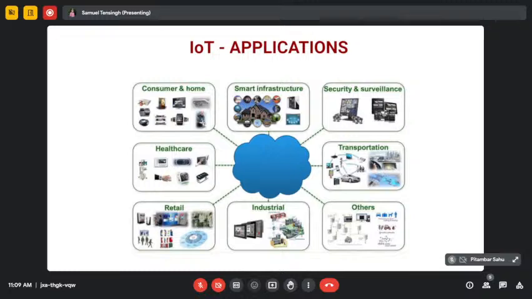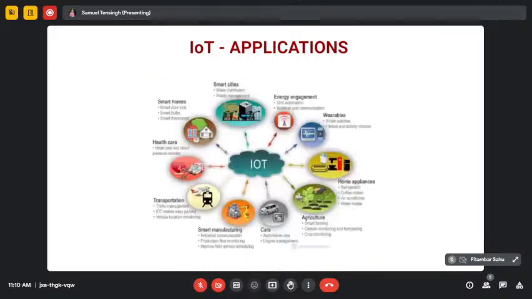Why do we use IoT applications? For faster processing, so both the customer as well as the owner is happy with the progress, and you have transport systems also with IoT applications. So you can see the applications of IoT are large, and also you have smart cities, smart homes, healthcare, transportation, smart manufacturing, cars, automobiles, agriculture, home appliances, wearables,